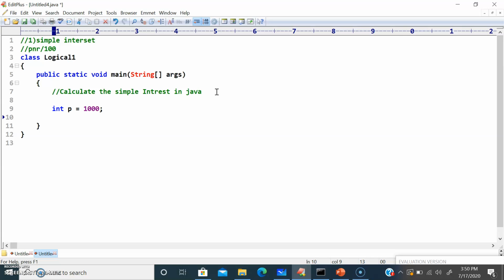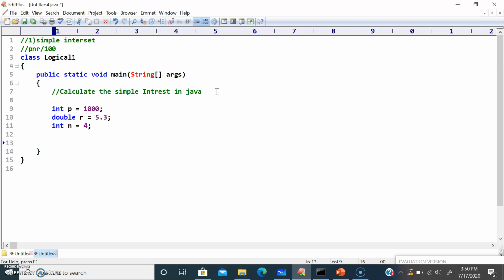And then for the rate I'm going to take double percentage, right? Rate, so I can say 5.3, and for N, number of years, right? 4.